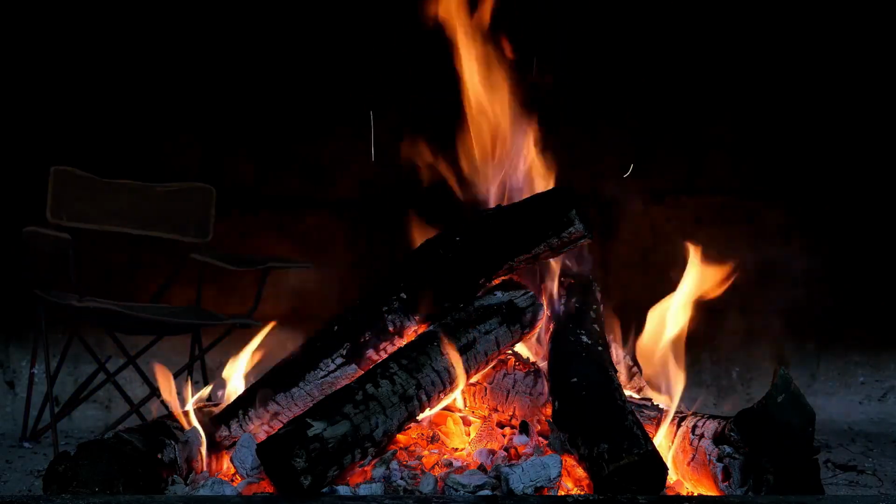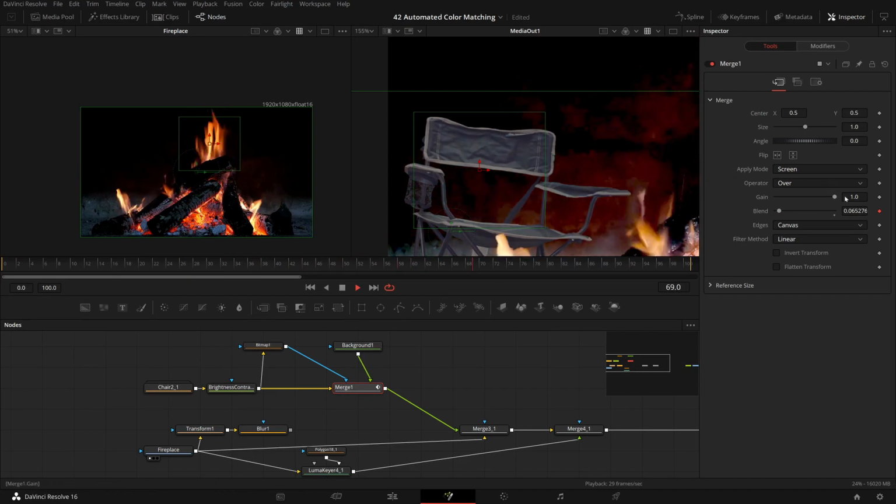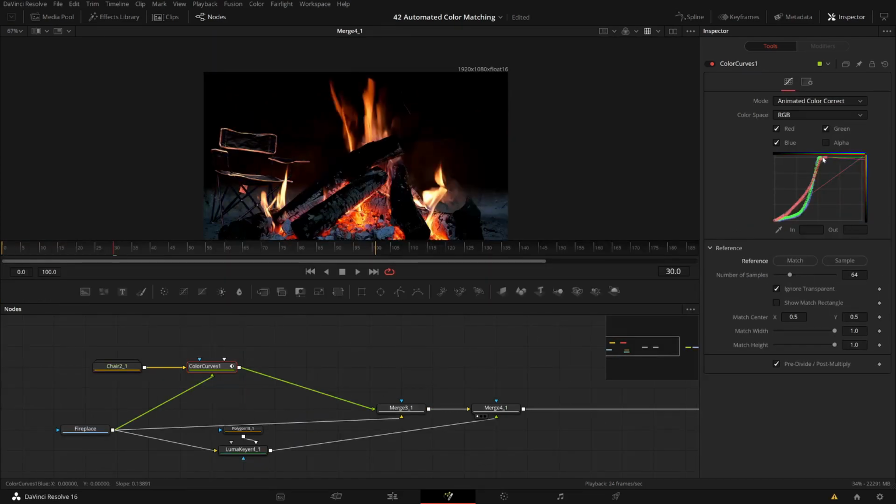So I need to do some color corrections, some modifications, but those need to change over time as the fire changes. So I need some automated way to drive a color correction, and this is what I want to do today. I will first show you how you can do this with color matching options in the color corrector and in the curves tool, and then do a variation of this where I have a bit more control using the probe modifier. Automated color correction, let's get started.